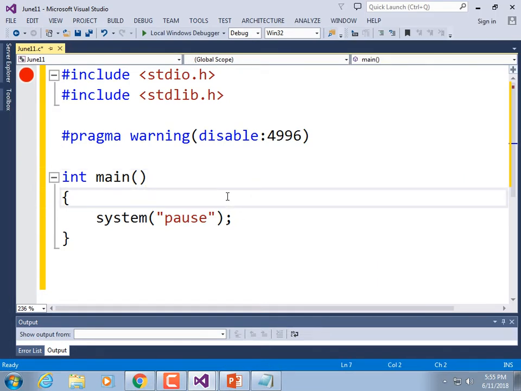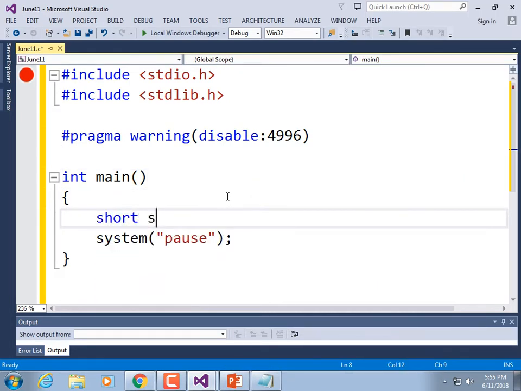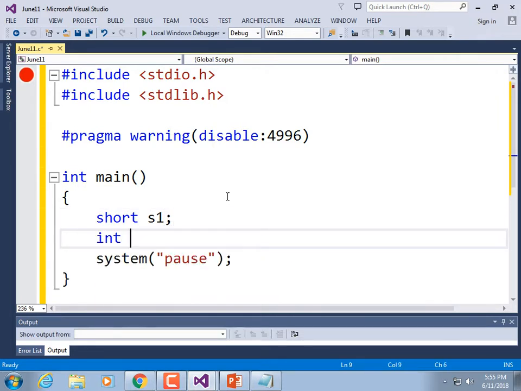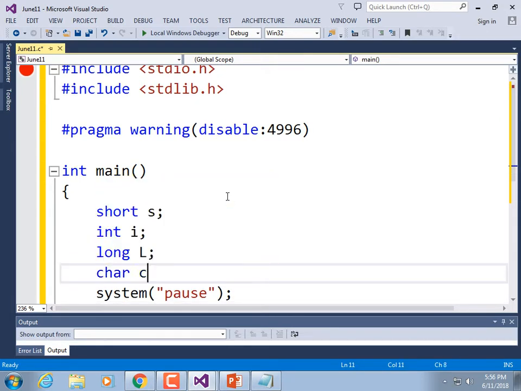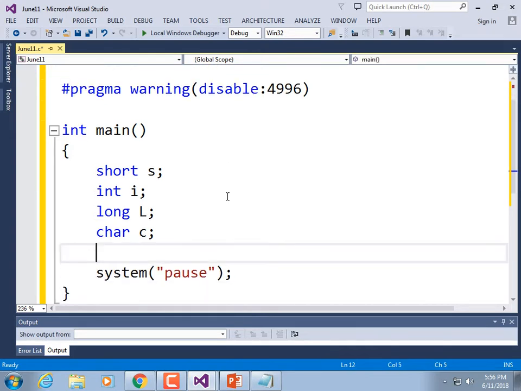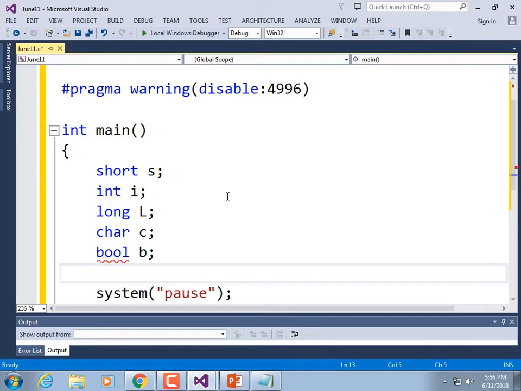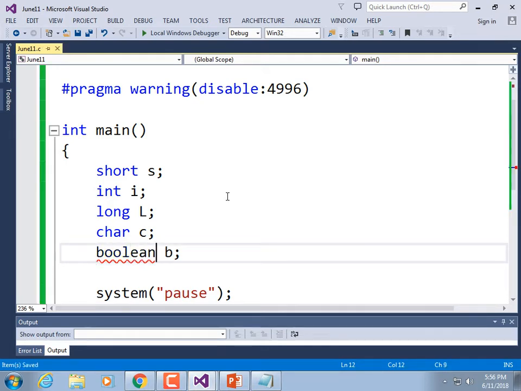Alrighty, let's declare a few variables and get their size. Short S, int I, long capital L. Why capital L? Because lowercase l looks like a 1. Char C, bool B, excuse me, it's Boolean. We don't have a Boolean data type at all in C? Okay. And float